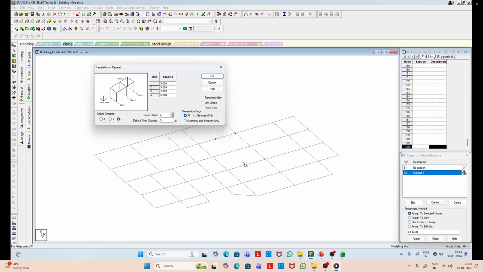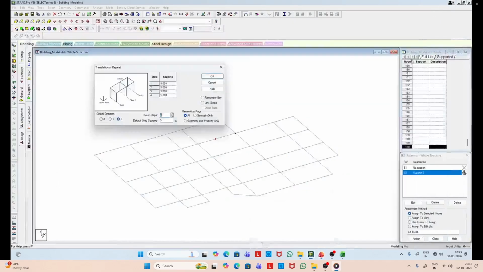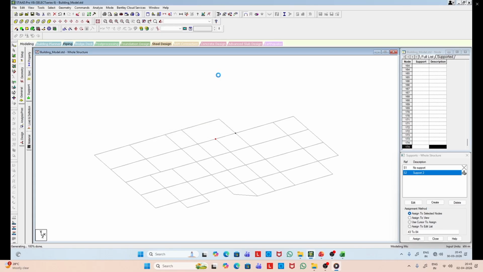So you have to copy that 4 times, at a distance 5.5 meter. So it creates that intermediate beam.